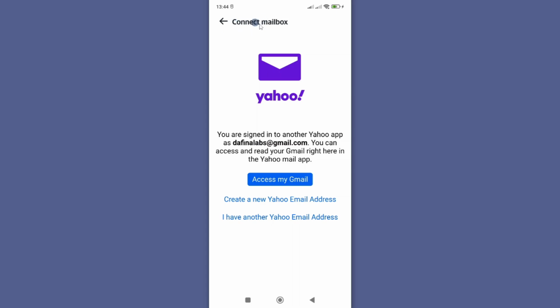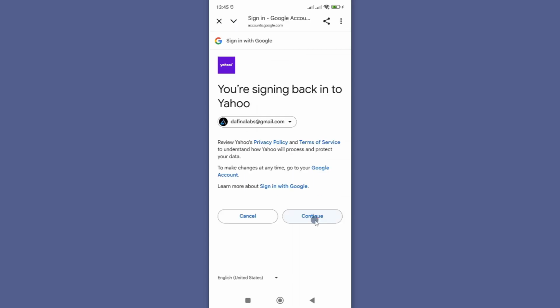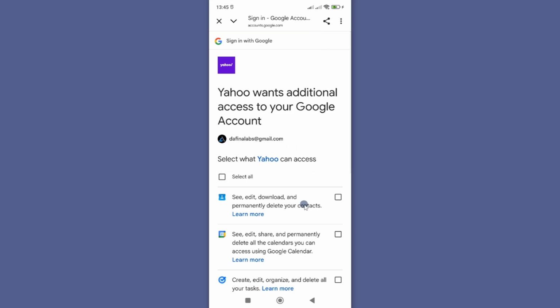And here you can now connect to your mailbox. You are told you can sign into another Yahoo app using this account. You can also access and read your Gmail right here in the Yahoo Mail app. To do that, go ahead and tap on access my Gmail and finally tap on continue to link the two,